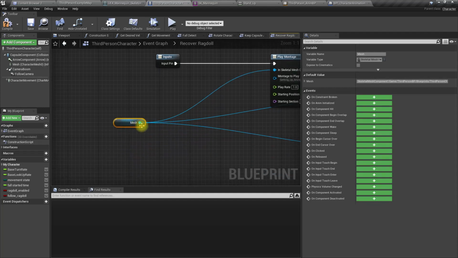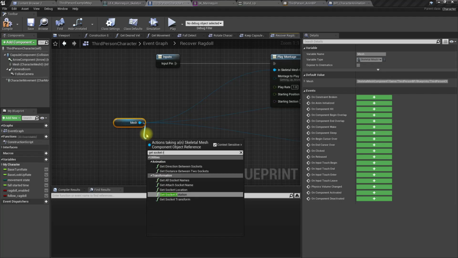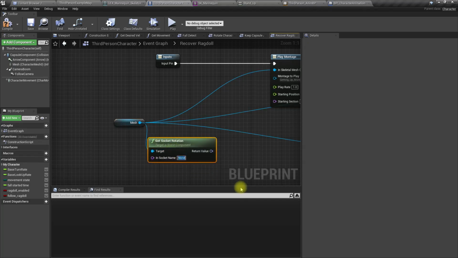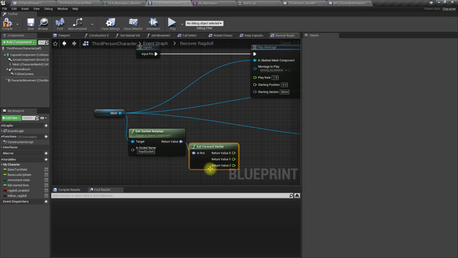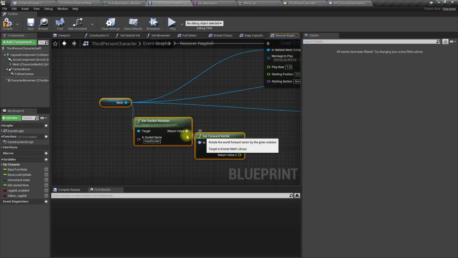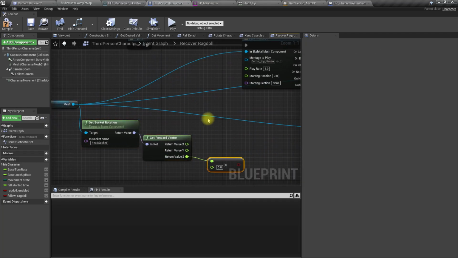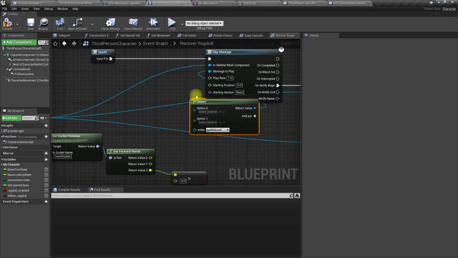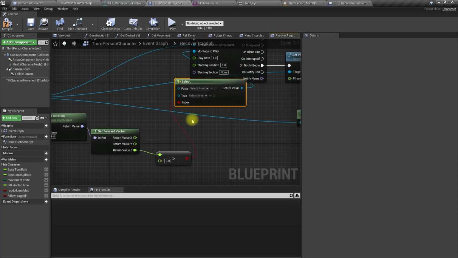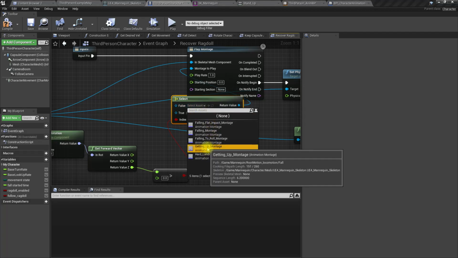From the mesh we can get a socket rotation and head socket, and from this we can get the forward vector. By splitting this I can get the Z component of that, and if this one is larger than 0, that means the character is looking up. So I can select this montage. If this is false, that means facing down, so I can use the get up montage,